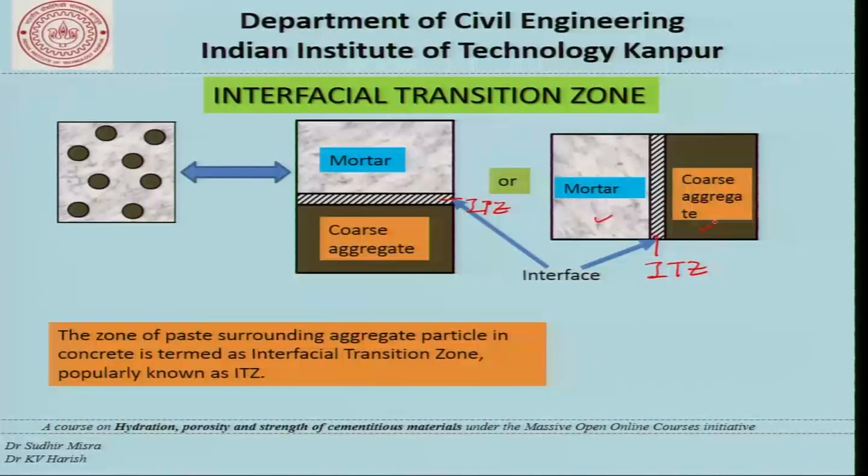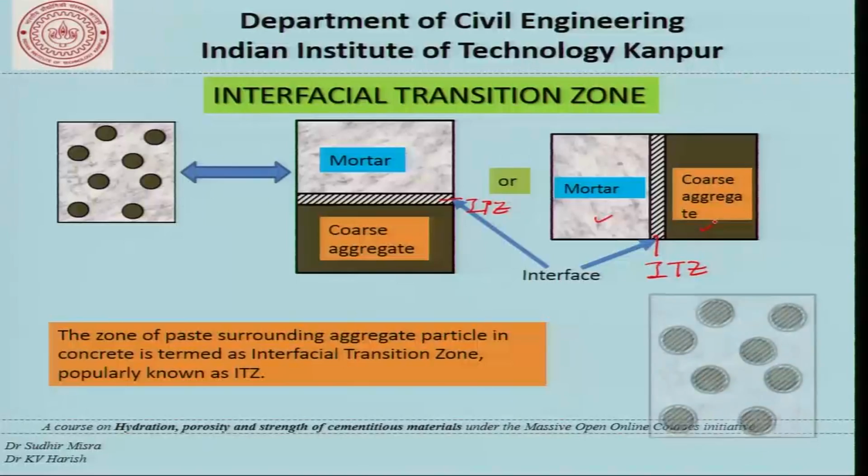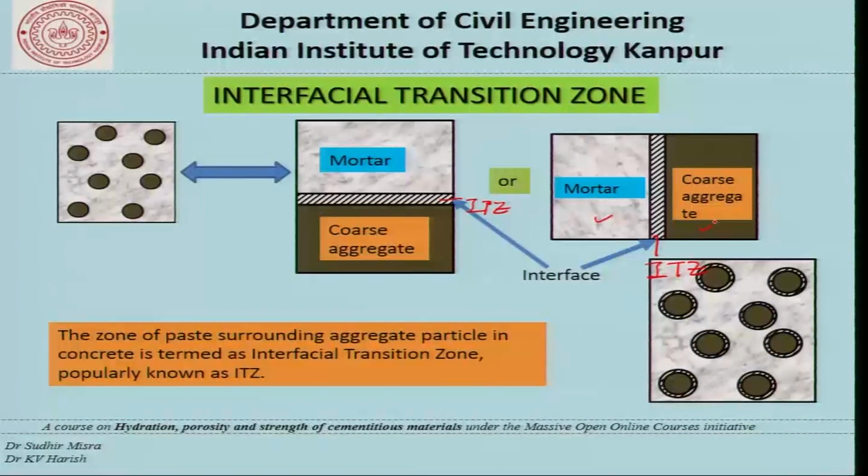In other words, what we have said is that the zone of paste surrounding the aggregate particle in concrete is termed as the interfacial transition zone and is popularly known as the ITZ. In other words, what it means is that each of these aggregate particles which are shown here is actually surrounded by this